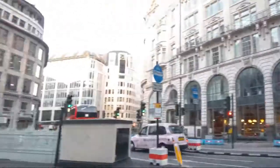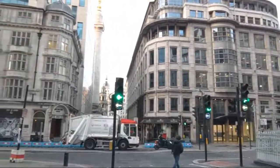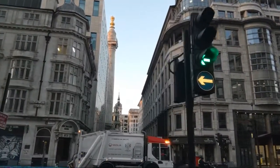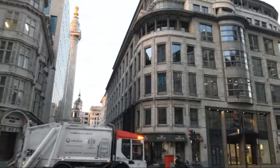And we've almost reached the next place, which is, you see that big pillar over there? That's the Monument. And the Monument,